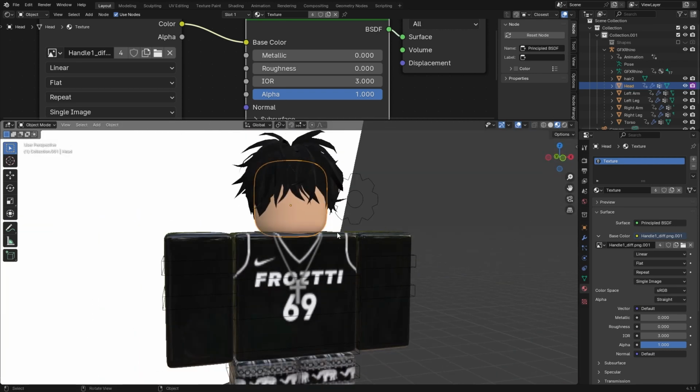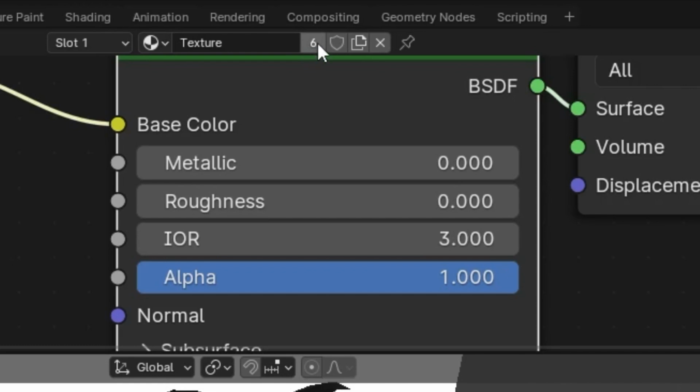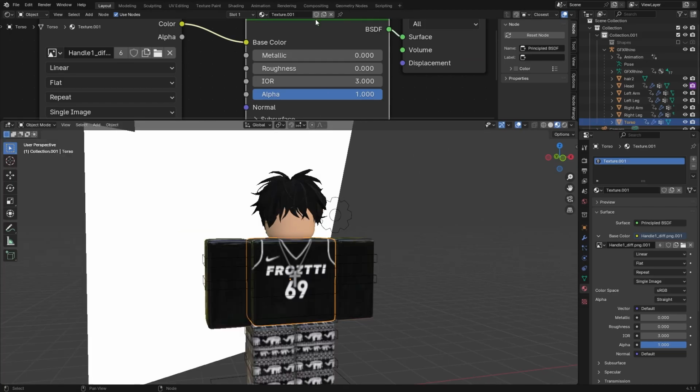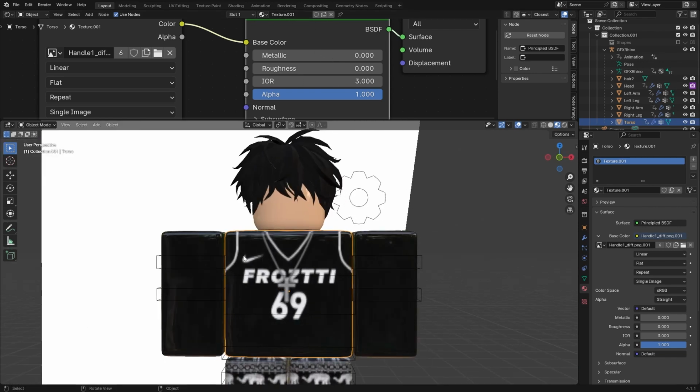Now, by the way, you might not want reflectiveness on the clothes. If you want to remove the reflectiveness from the clothes, go onto any of the body parts where you want to remove it, and up in your little shader editor, click the number right here. This is the amount of meshes that use this texture. If I just click that, it makes it into a brand new texture